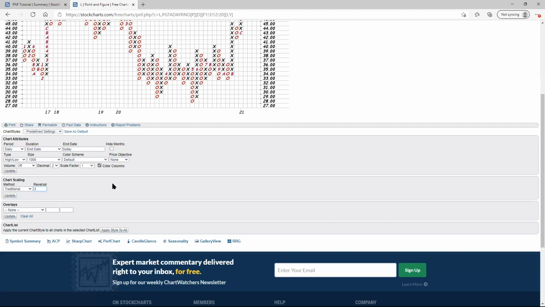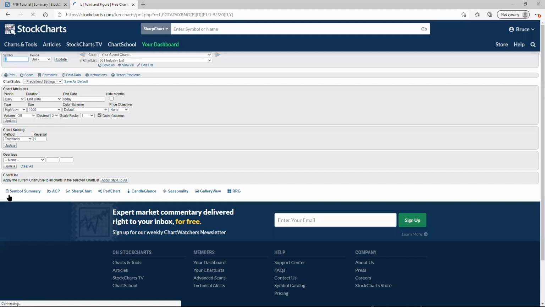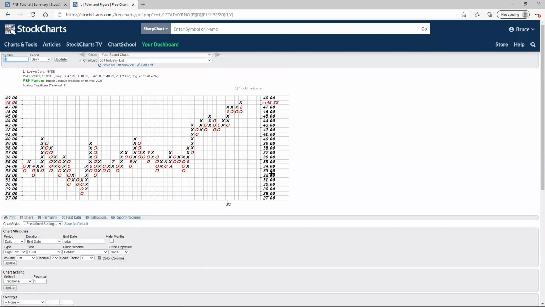And then 5 box is going to be like really big structures, campaign trading, very long-term time horizons. We'll look at all 3. So here, let's start with reversal 1. We'll come back and look at these other scaling techniques later on. So let's update this. And here we have a 1 box reversal, traditional scaling, daily data, point and figure chart